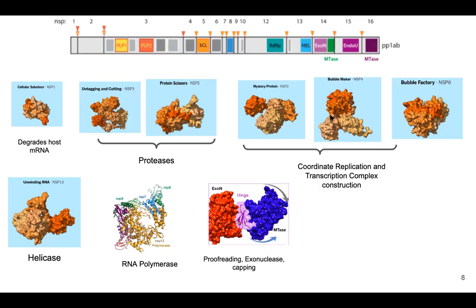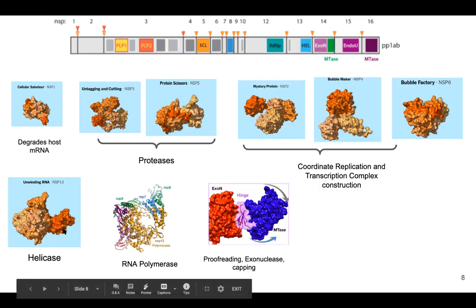And then there's a few with interesting names. There's a mystery protein, which I think people are not quite sure what it does. And then Bubble Maker and Bubble Factory, I have no idea why they're called that. But they've done experiments to show that these are involved with the replication and transcription complex. Then there's a helicase,